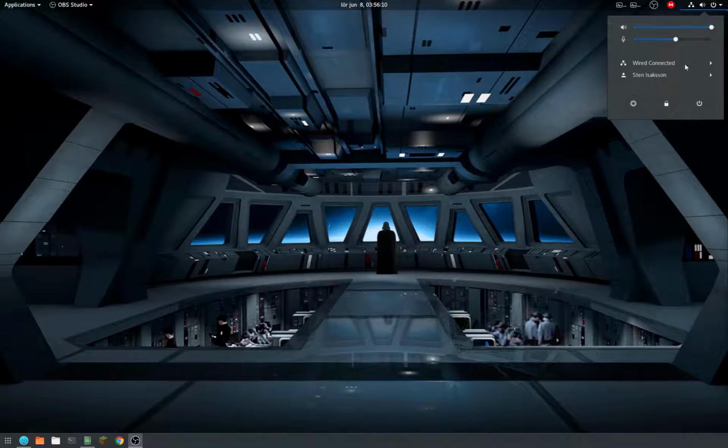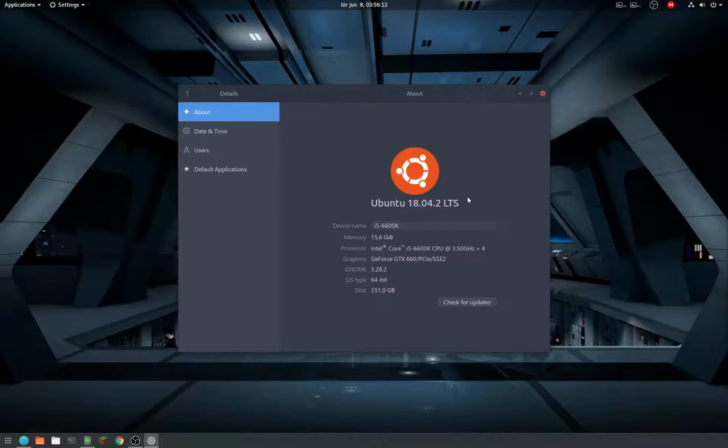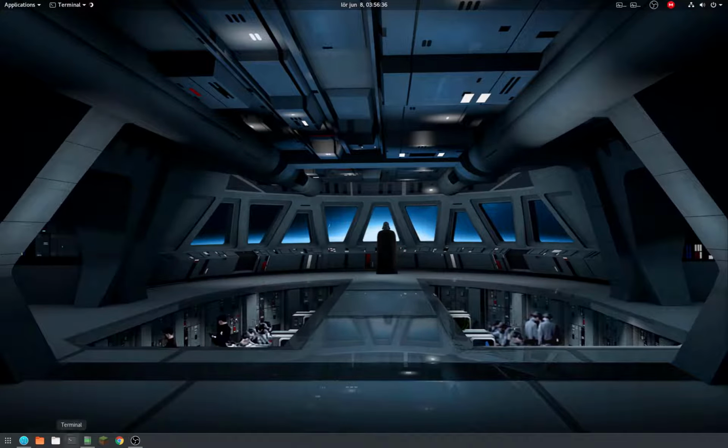And I am on Ubuntu 18.04.2 LTS, and I actually installed the quote-unquote vanilla GNOME on Ubuntu because I don't like the custom version that comes with Ubuntu. But anyway, you need to open terminal,